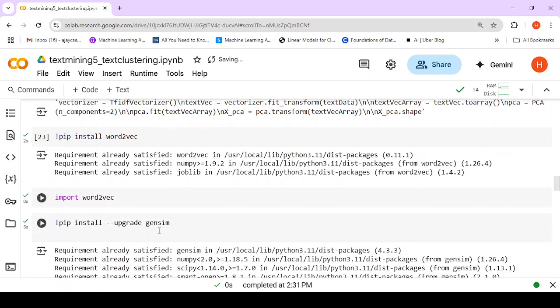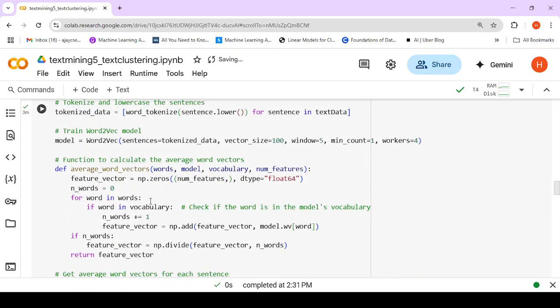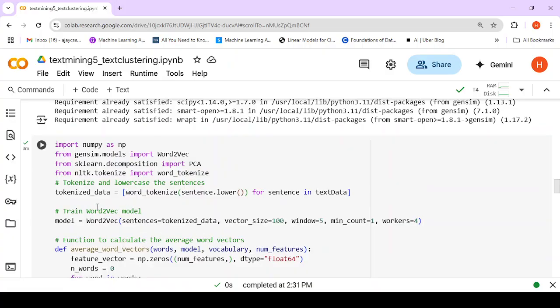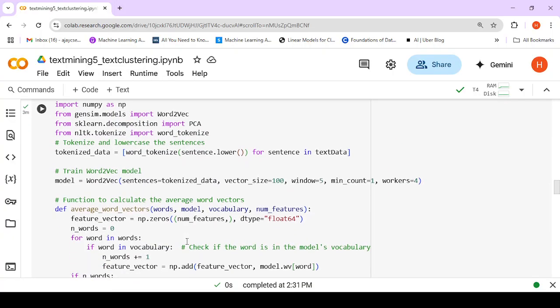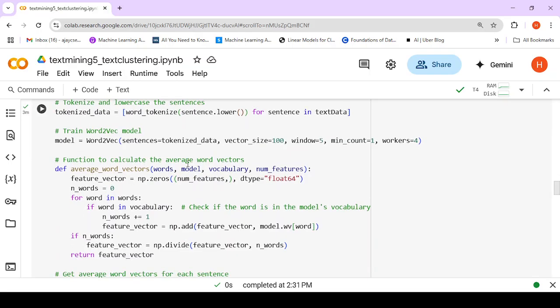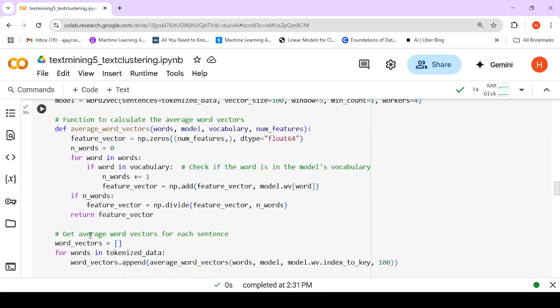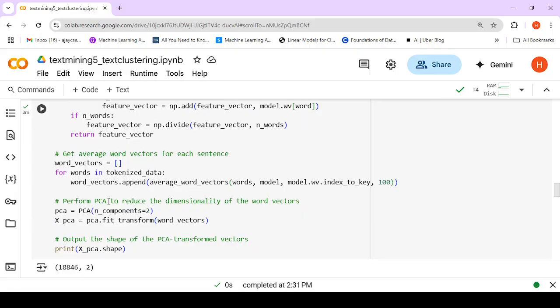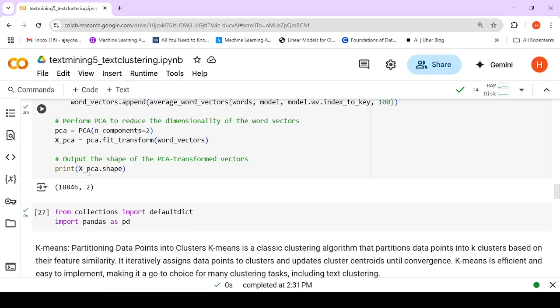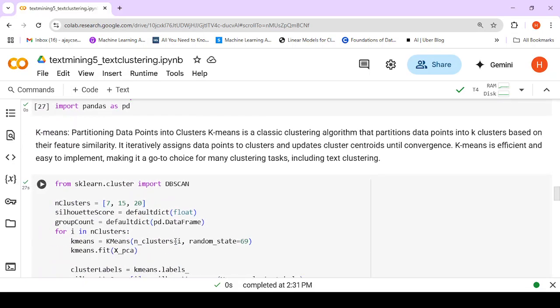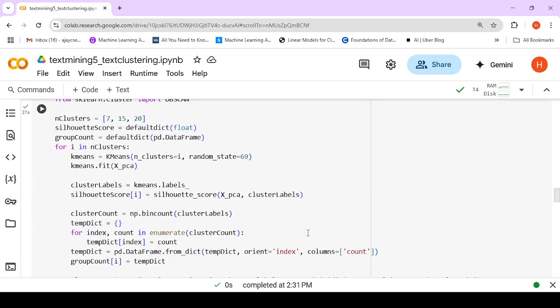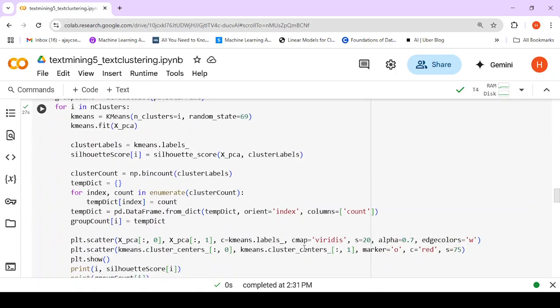So this is the data that we have, and I get all the needed libraries, after which I make use of word-to-vec. I apply word-to-vec on these sentences, and then I calculate the average word vector. Once I get the average word vector, I apply it for each sentence and get the needed vector, and then perform PCA to reduce the dimensionality. After doing that, I am getting 18846 records with 2 columns. Applying the DBSCAN on this particular data,